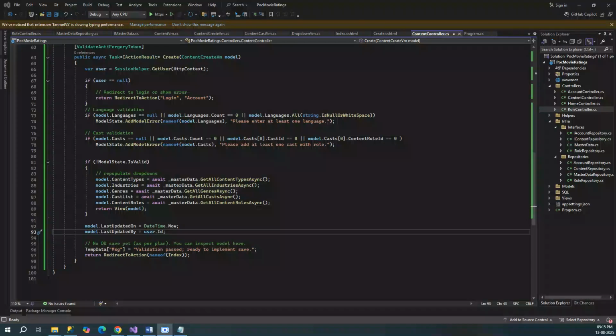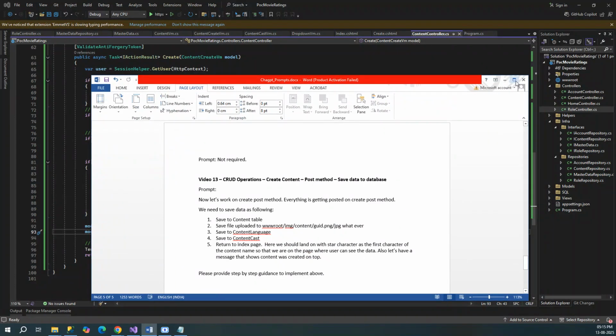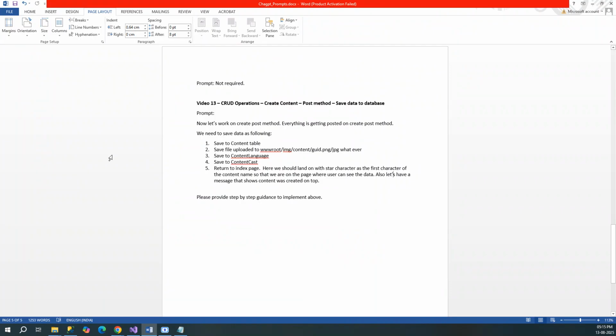So I have prepared the prompt in the background. Let me bring that on the screen for you and open it up. Now I'll read it out. I'm saying over here that now let's work on the create post method. Everything is getting posted to the create post method, right? I'm just reminding it. What we need to do is save data as follows: